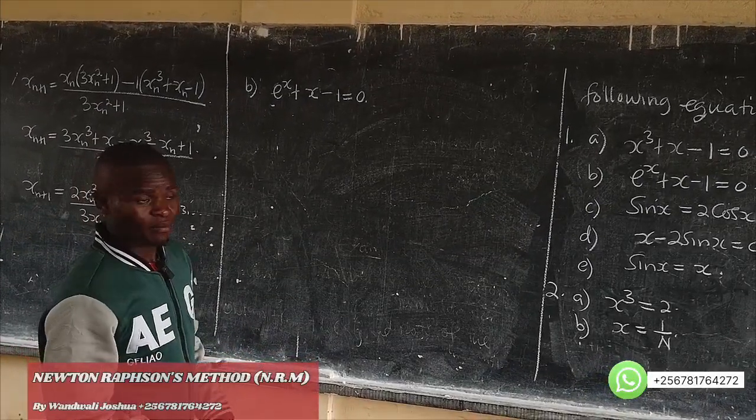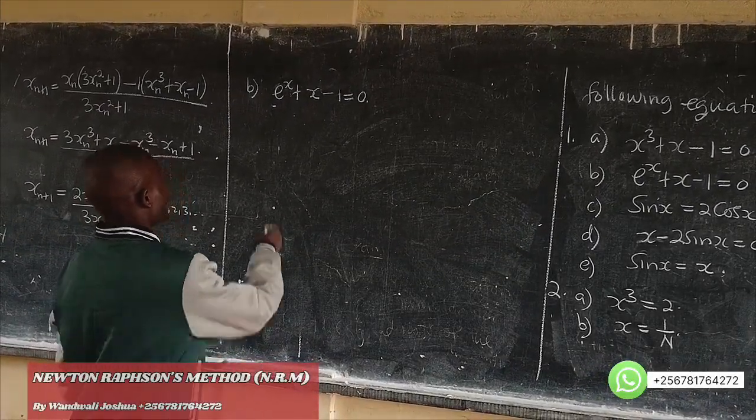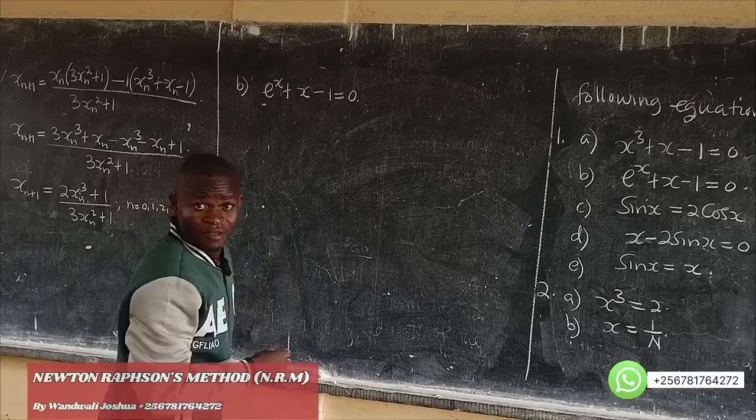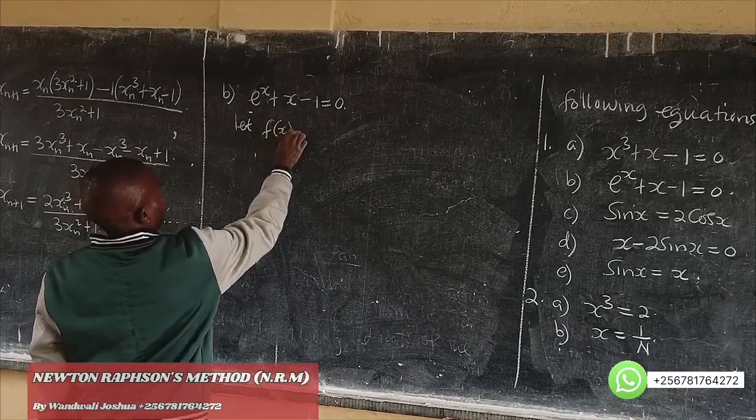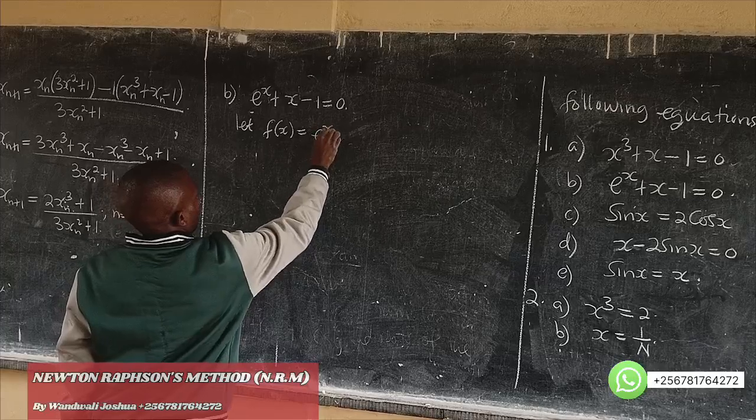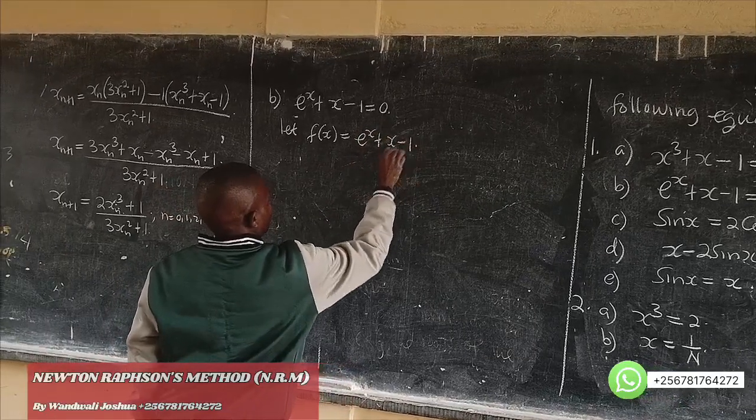So we have example part B of number 1. This function already we have, f of x this side, so our interest is to simply write the function. This is f of this plus this. So we